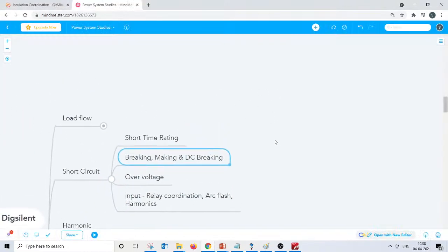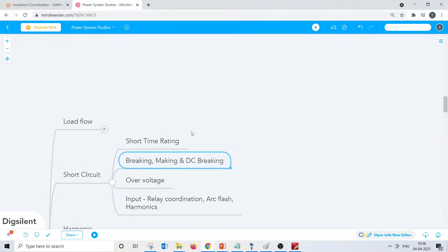Good. So this is another interesting update. A short circuit is not just about the current. There is a possibility of a rise in voltage as well. It may be surprising for most of you why there is an increase in voltage during a short circuit, but this is quite common with single line to ground faults in ungrounded systems or resistance grounded systems. You can simulate a single line to ground fault, and that's also covered as part of our YouTube video which I have shown. You can find there is a rise in voltage during a single line to ground fault in ungrounded systems.